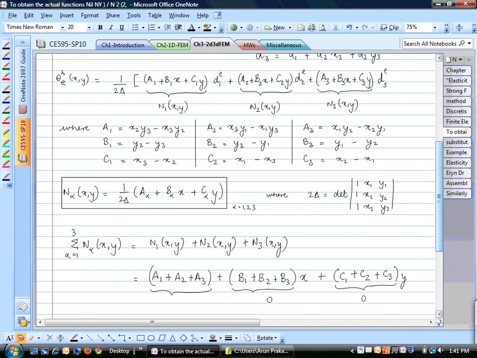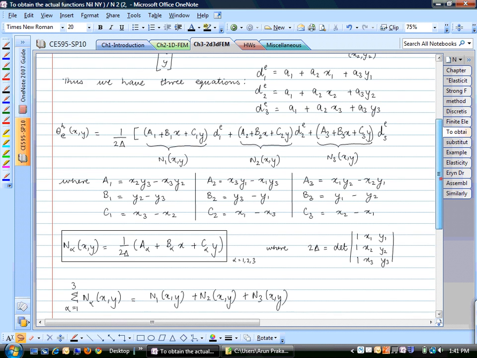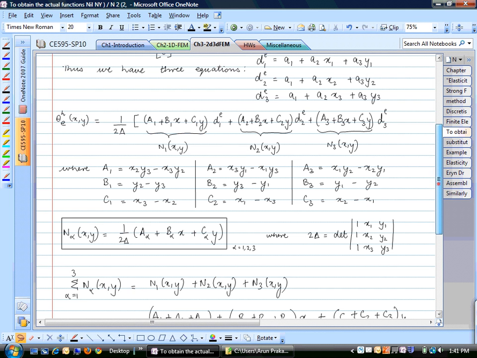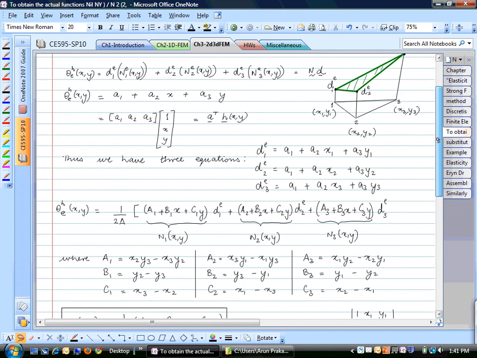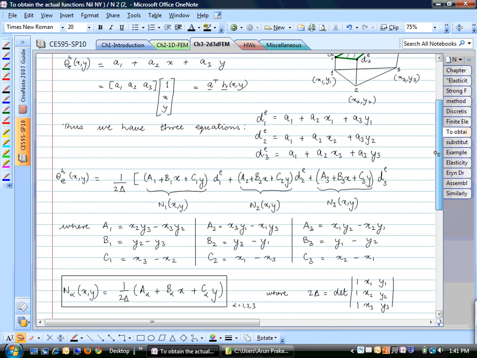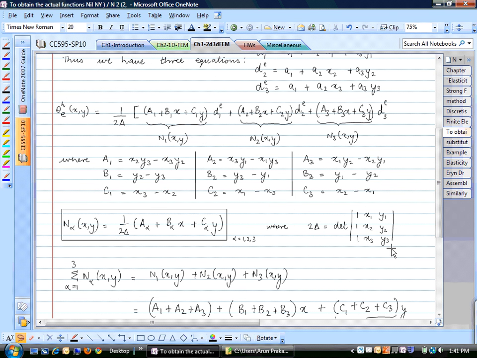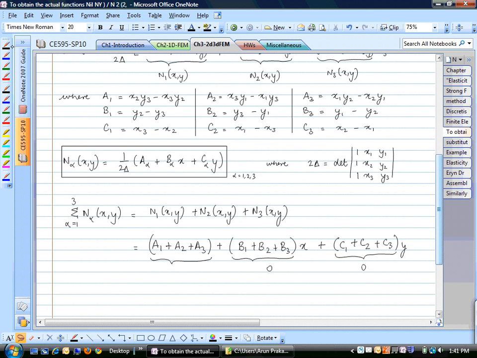So can anybody take a guess what this is? It is the determinant of the matrix that we defined. Let's see, yeah, right here. It is this determinant. So this is just equal to 2 delta. Okay. So what we get is 2 delta, and actually we have a 2 delta sitting outside right here, 1 upon 2 delta. So if we add that in here,